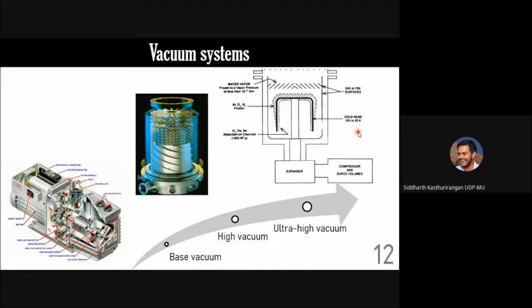So you need the pumping speed to be high so that that kind of vacuum can be maintained. Pumping speed is usually measured in a unit called millibar liter per second or torr liter per second. No, sorry, the pumping speed is measured in liters per second, and the gas throughput is measured in millibar liter